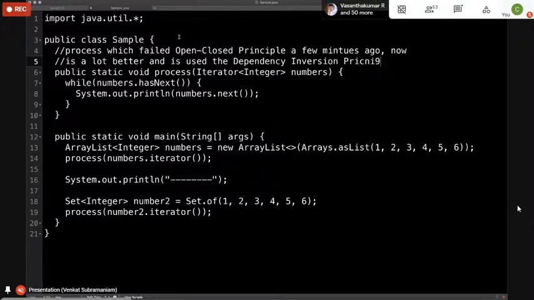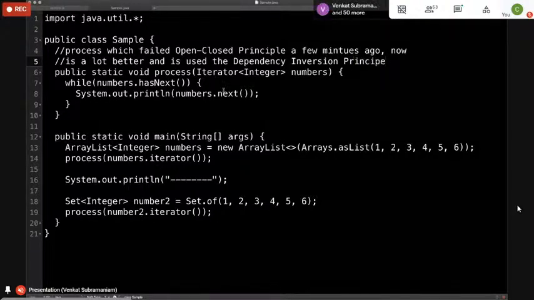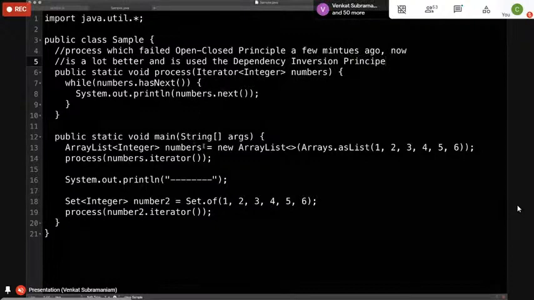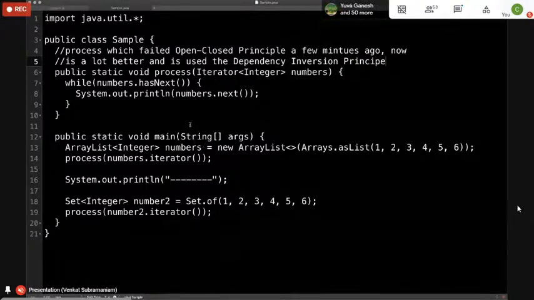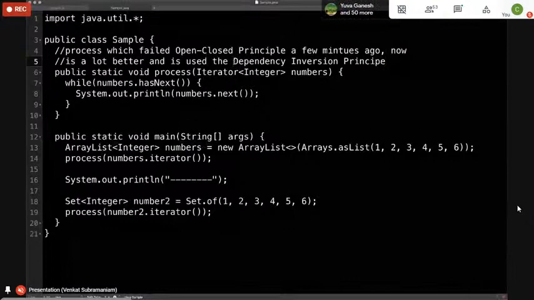When it comes to design patterns, we're using the iterator pattern here, but the iterator pattern actually uses a principle called the dependency inversion principle.